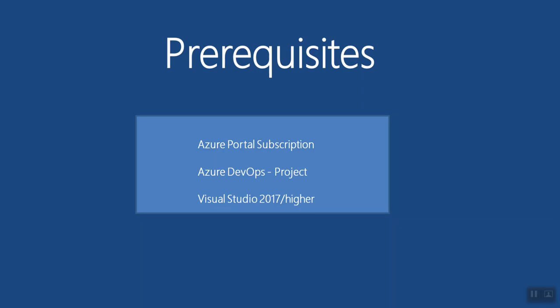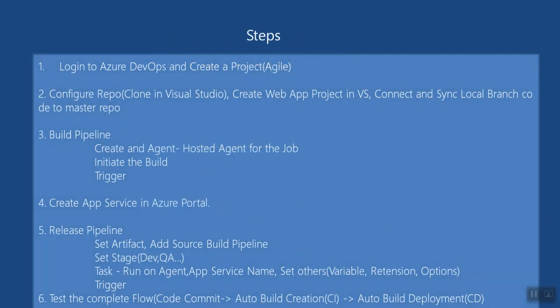And then you need one editor or IDE. So let's start with our familiar one, Visual Studio. You can have 2017 or higher, or you can download the free one from Google. Okay, so before we go further, these are the six steps we are going to follow, but at a high level, you can say it's mainly three steps.